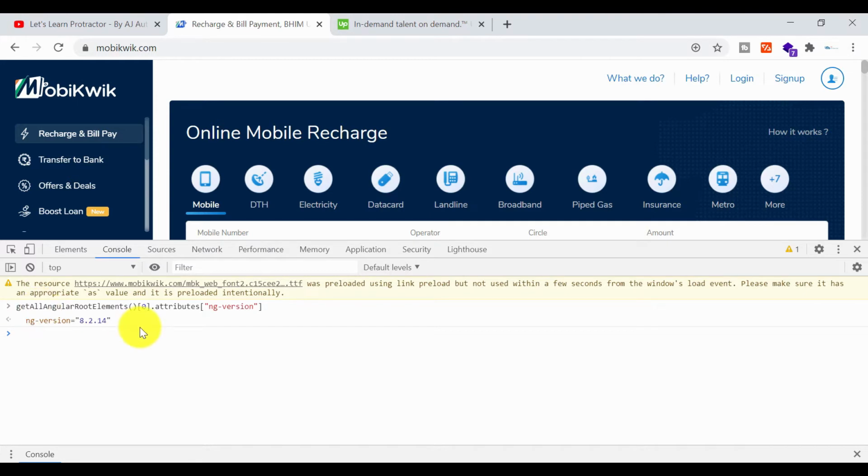If it is an Angular application, it will give the version number. In this way also you can check whether the application is Angular or non-Angular. So this is the third way. Just copy this in our notes.